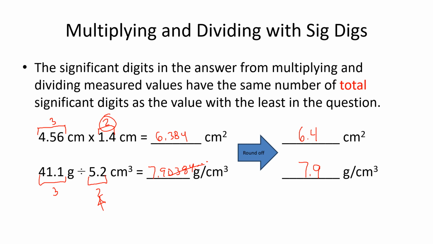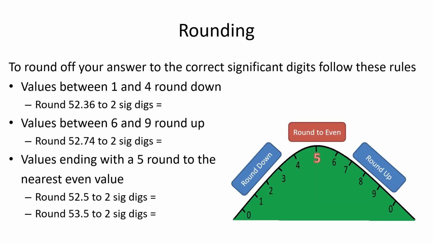Hope that makes sense. Okay, so you saw in several of those problems we had to round off to get the right number of significant digits. Rounding follows some pretty simple rules, but there is one that's a little weird. If it's between 1 and 4, most people know this, you're going to round down, so this would just be 52. If it's between 6 and 9, the number that you're rounding off, then it's going to round up, so 53. If it's a 5 and it's on the very end, then you're going to do what's called